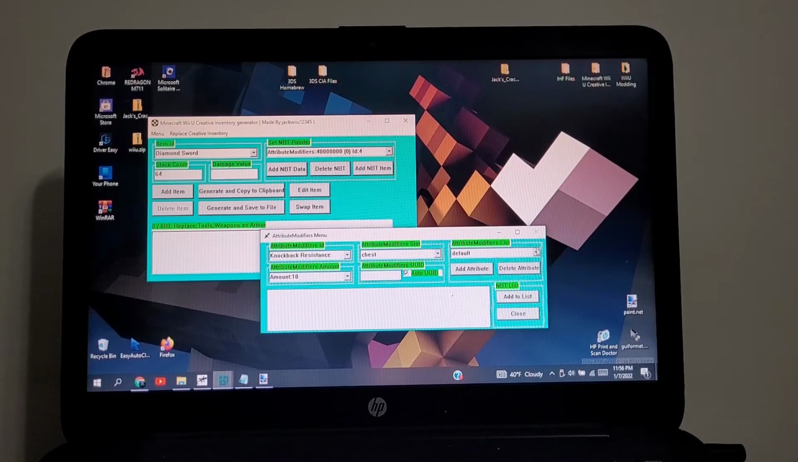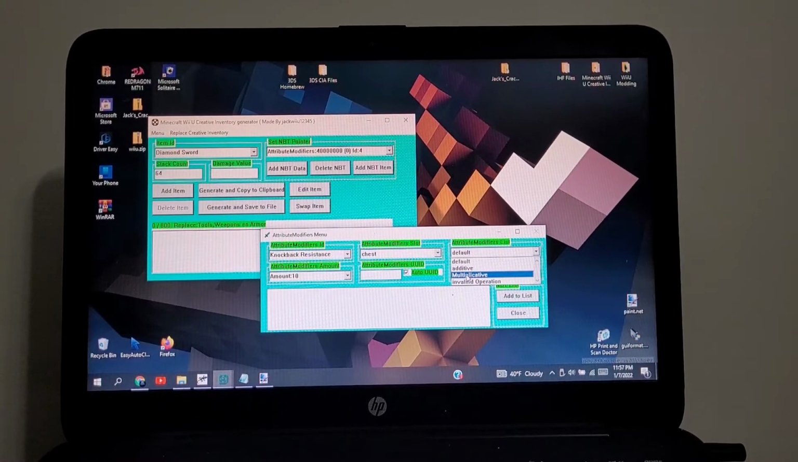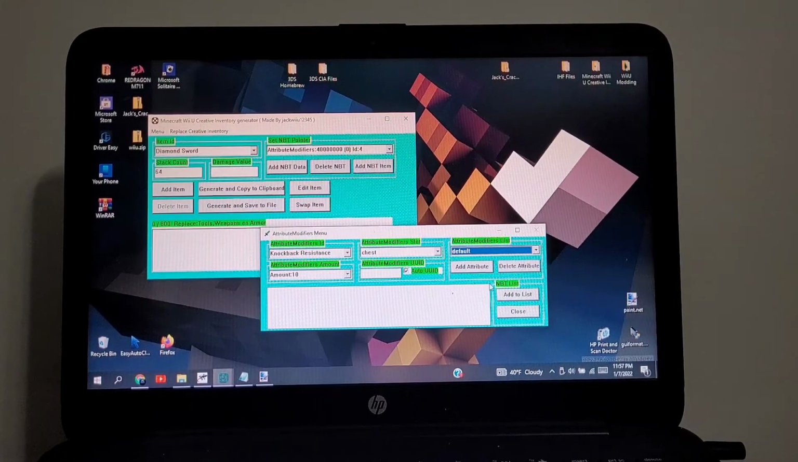Okay, attribute modifiers list. This basically makes it so that it's the default, additive, which I'm pretty sure it's just like the base numbers. Actually, no, the default is the base numbers. And then additive, I don't remember what this one was, but you can just play around with these. Multiplicative, I think that was just the percentage value. And yeah, so I'll add